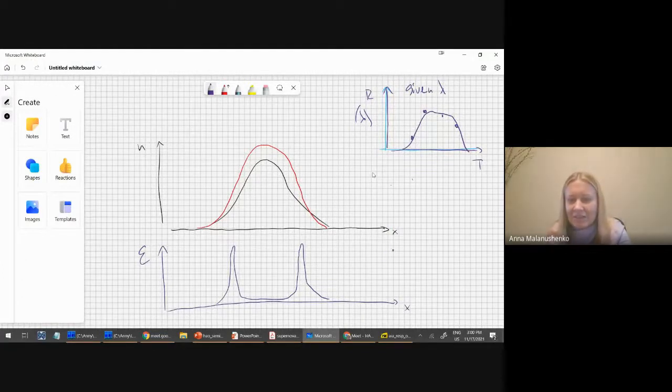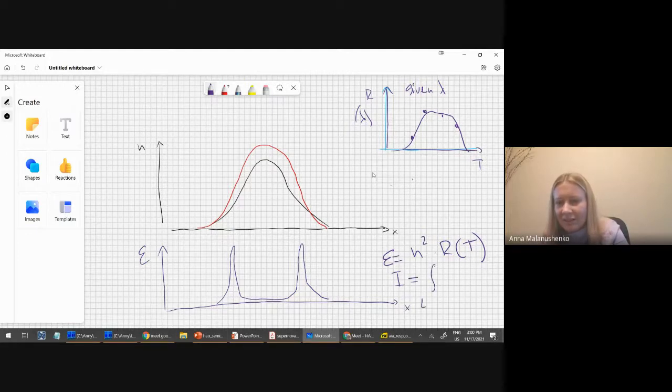To get the emissivity, you need to multiply it by the density squared, and then to get intensity, you need to do the line of sight integral of the emissivity. Yes, something like that.